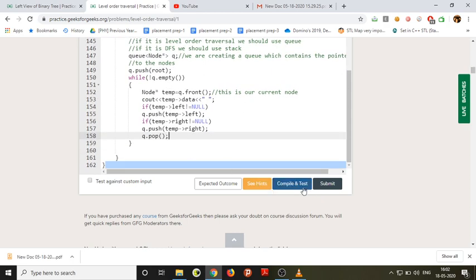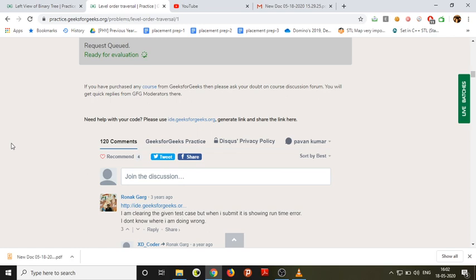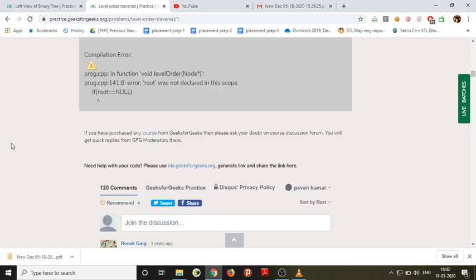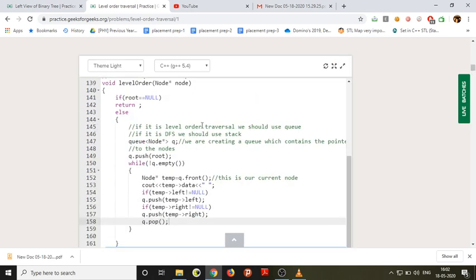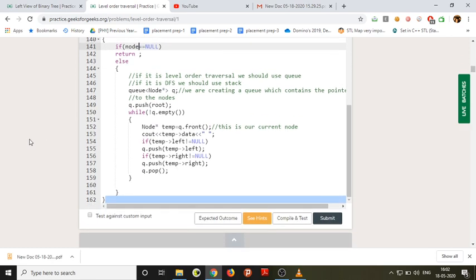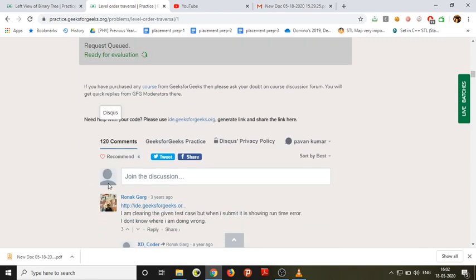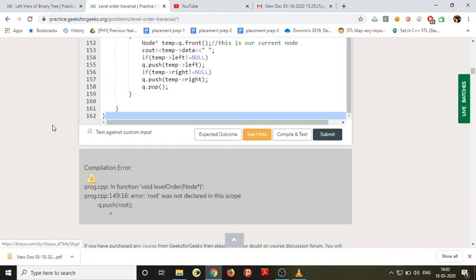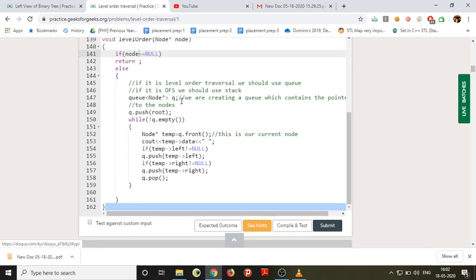Okay, let's compile it and wait for the results. It says that root was not declared in this scope. Here it says node, so let's try with node. Okay, no, q dot push. Even here there is a node, so we'll push right as a node.